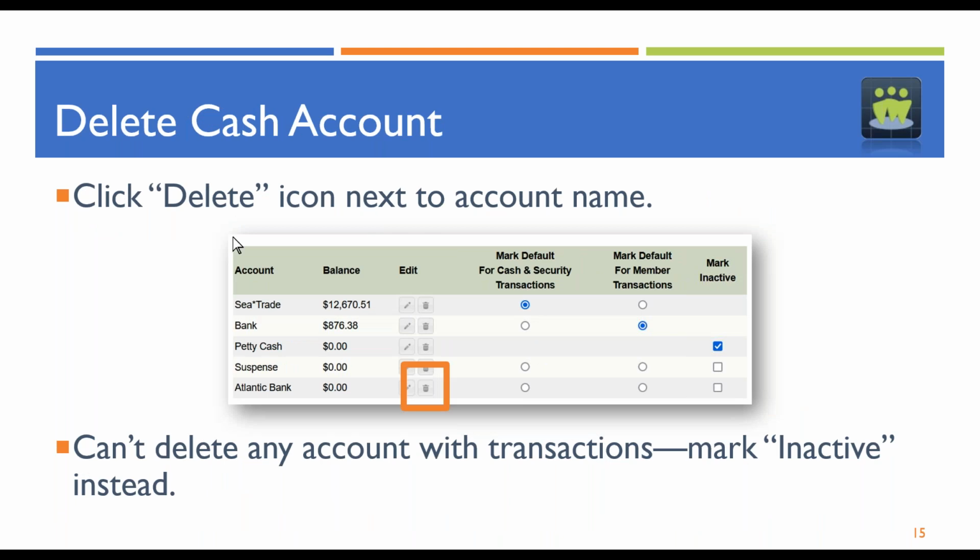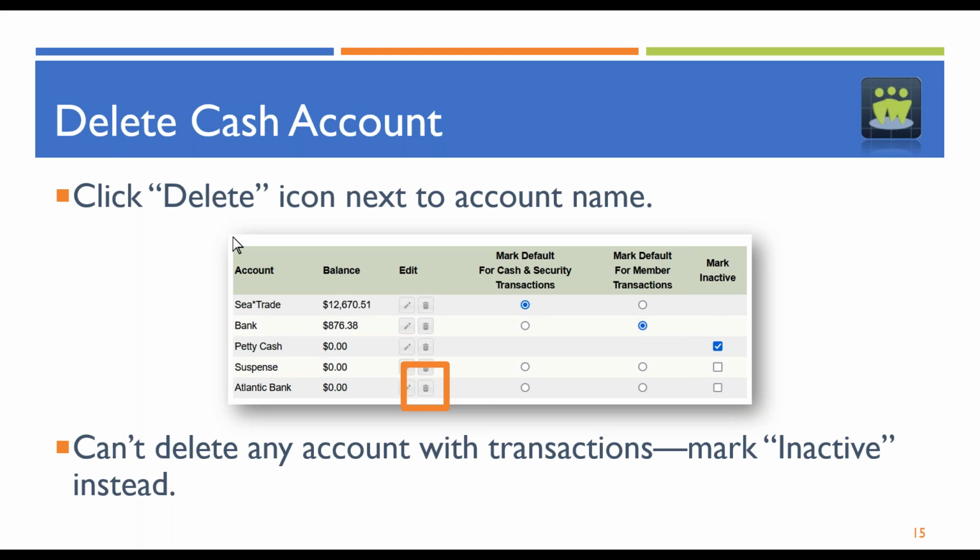And if need be, if you added in an account you didn't need, or if you've got an account that's been put to zero and doesn't have any transactions, you can click that little trash can icon as we've got it highlighted there, and it'll take the account off. Now I will say, I'm not going to go into it too far here, but there is a safeguard on that. So if you click delete accidentally and you click delete on your bank account and you didn't mean to, the site will come up and say, oh, here's a list of all the transactions that you would have to either move somewhere else or